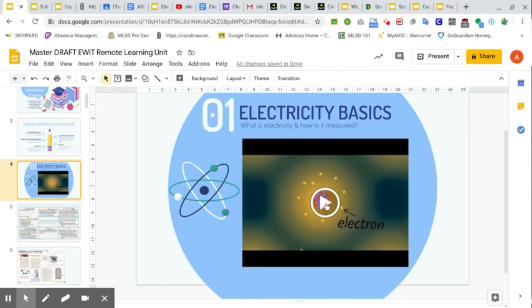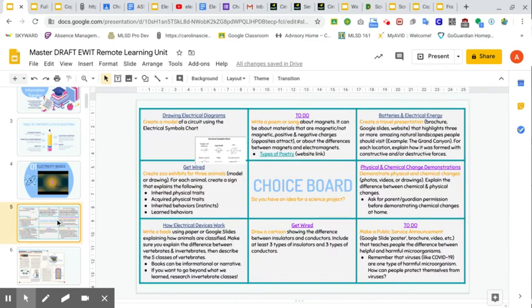The next thing that you'll do is you'll click on the slide afterwards, which is called a choice board. This is still in the process of being made right now, but by the time you get your copy, it will be all filled out. And the choice board will have links in it for you to do different things. So on the first day, you will be responsible on Monday for selecting 2 activities out of this choice board to complete. So, for example, I'm interested in this one,